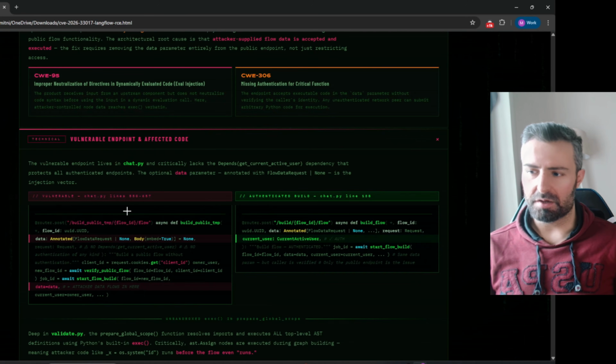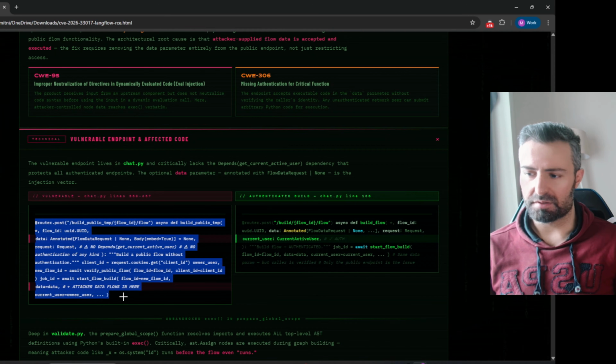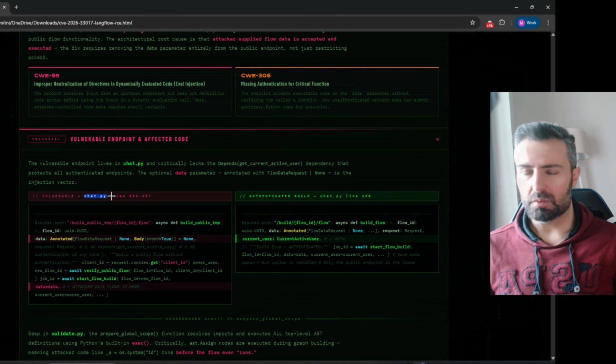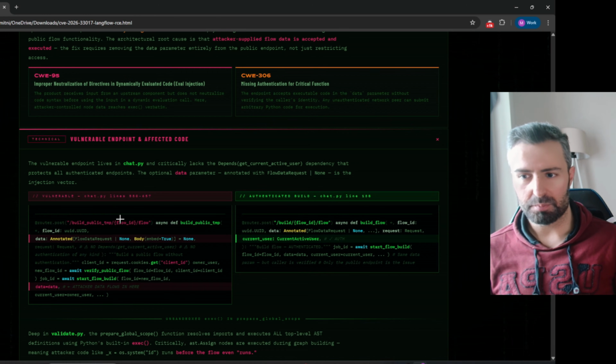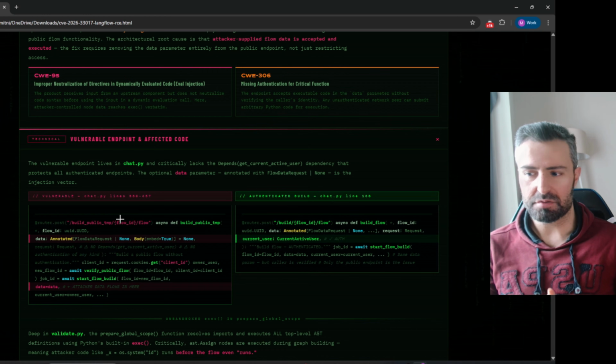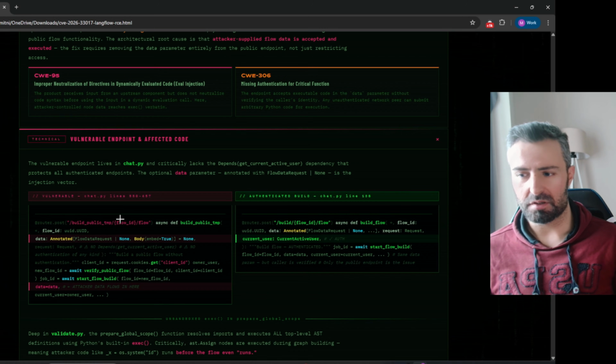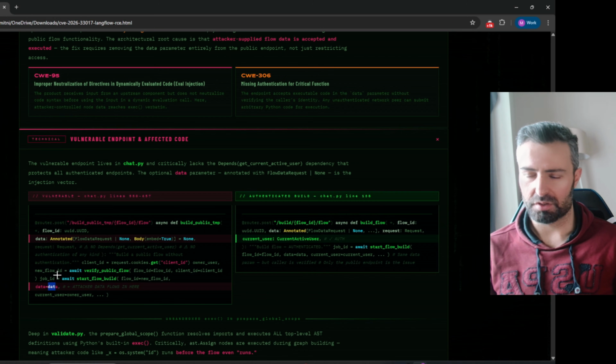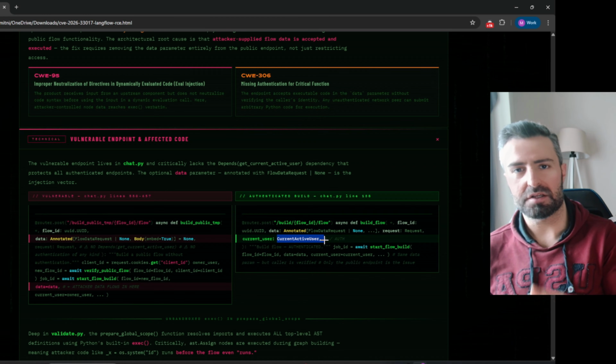If I get back here, this is the same example we saw earlier in the GitHub repository, the vulnerable code in chat.py. Now, a secure version of this code is to get the identity of the user, right? Preventing unknown users from creating flows and executing code through the data parameter. How they do that is through the get current active user. So an implementation of this can be done like this. You create a dependency, current active user. This allows the server to